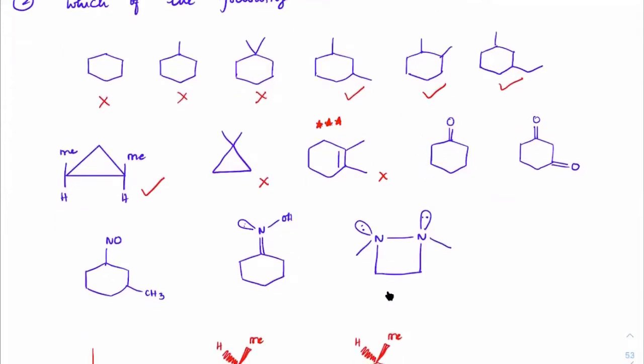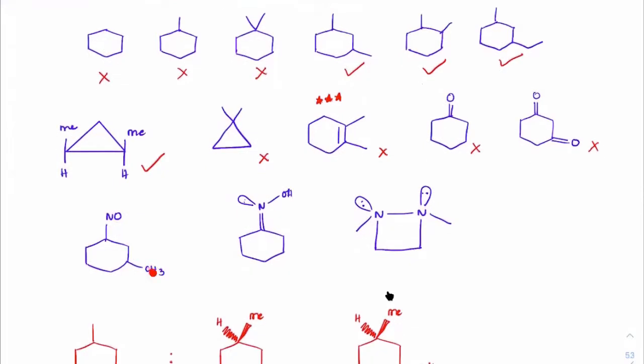What about the next one? No. This one? No, because it is planar now, same problem. What about this one? Yes. What about this one? No, because you have C double bond N and OH. Right side there are two different groups. Here there are same groups. Now check out nitrogen and nitrogen here. This is a restricted bond. Instead of a double bond, I can make a restriction by a cycle also.